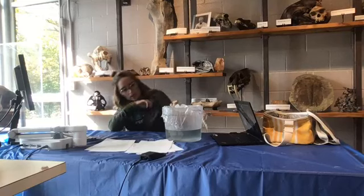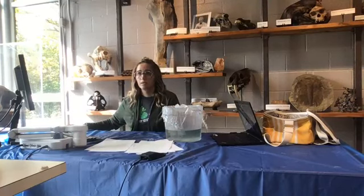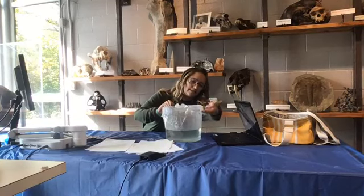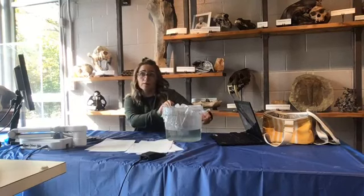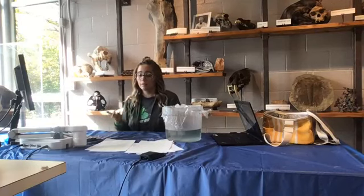Okay? So what you can definitely see, if you look at the side view of just the container, along the walls of our container, we can see some of our precipitation starting to happen. We have those distinct water droplets forming. So we should be able to see our water cycle going through the processes